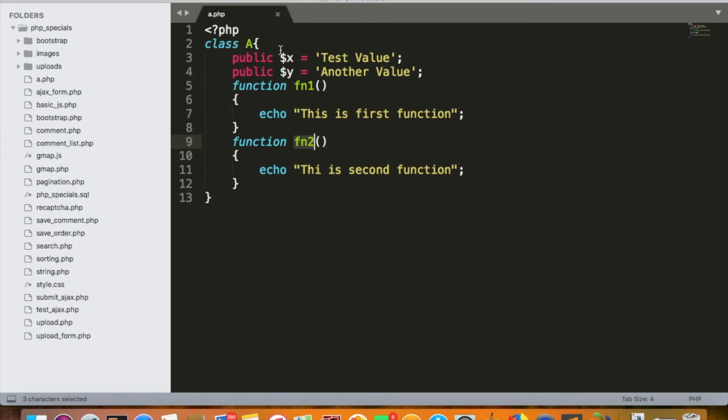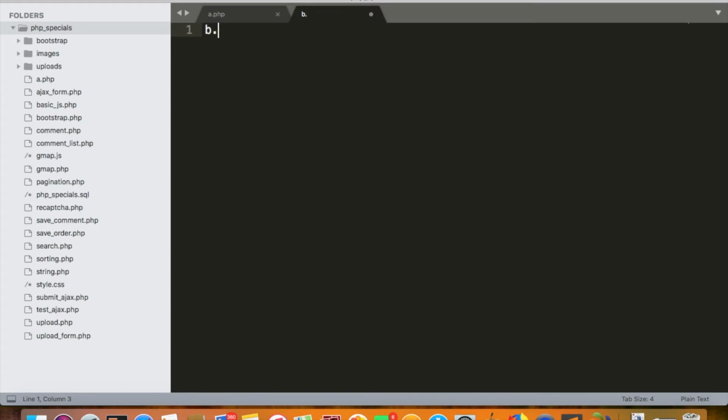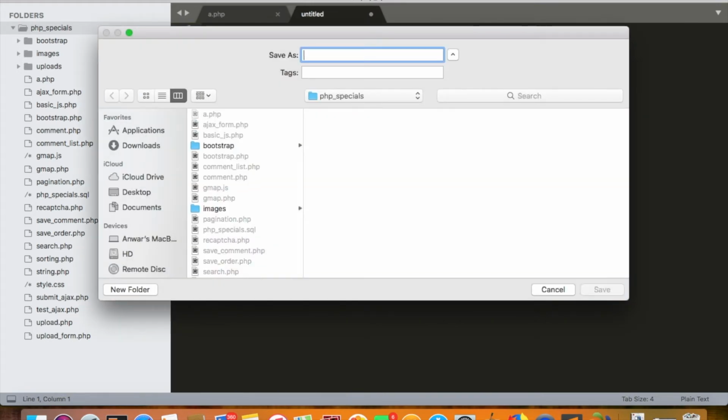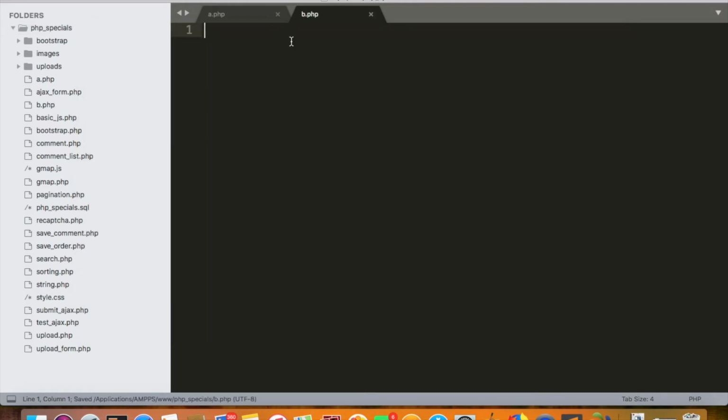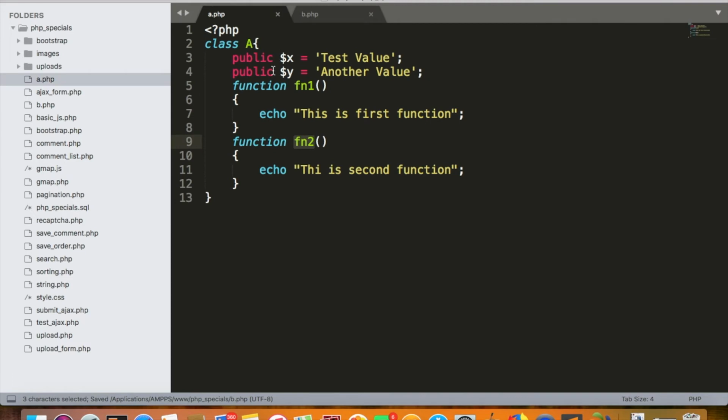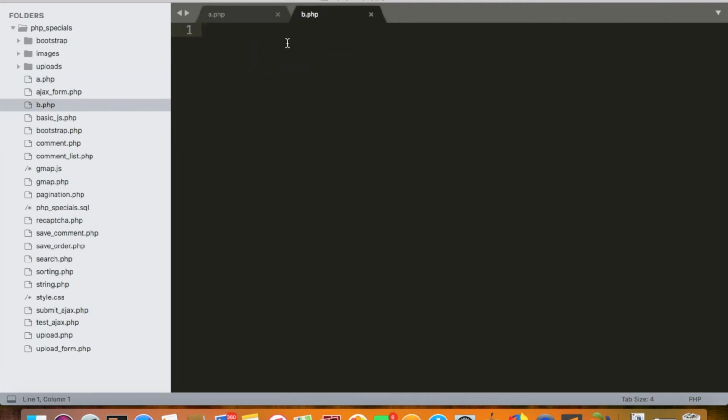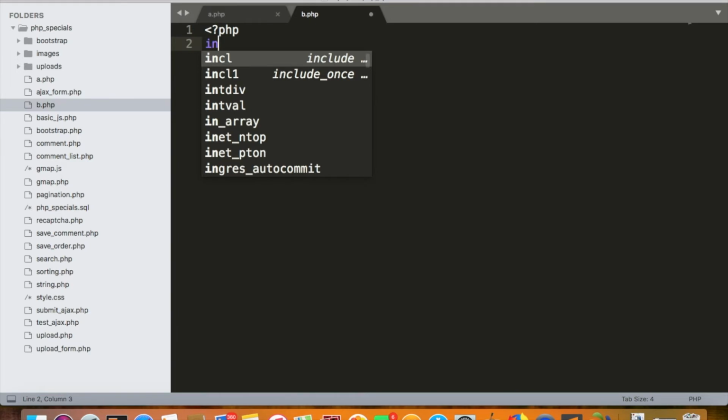So we have a class with a set of variables and a set of functions. Now let us create another file and call it b.php. This is not a class, but just a simple PHP file. What I want to do here is use the variables and functions of this class in b.php. First of all, I need to include this class in my b.php. So I will do include